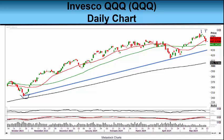Now, if we look left on the chart, we know that the Qs made a low in October at $342 because we had such high interest rates. When the interest rates started going lower, both the SPY and the Qs started going higher because, of course, the market does not love high interest rates. So the Qs climbed from $342